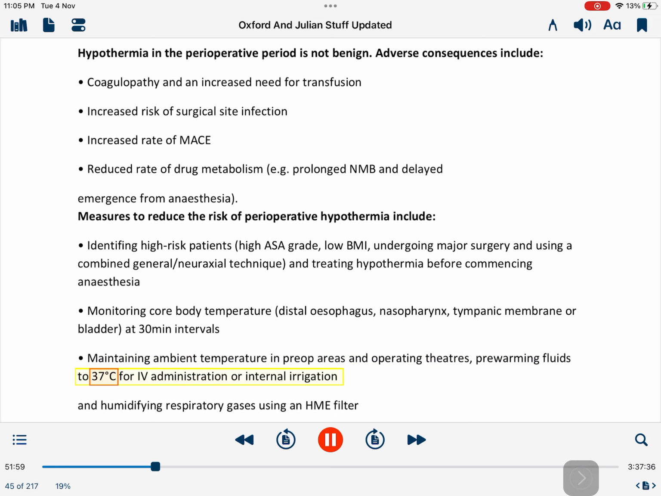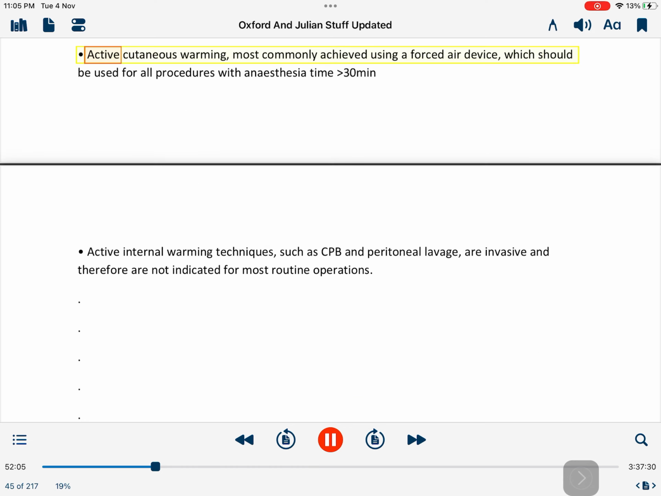Pre-warm fluids to 37 degrees Celsius for IV administration or internal irrigation, and humidify respiratory gases using an HME filter. Active cutaneous warming, most commonly achieved using a forced air device, should be used for all procedures with anesthesia time over 30 minutes. Active internal warming techniques, such as CPB and peritoneal lavage, are invasive and therefore are not indicated